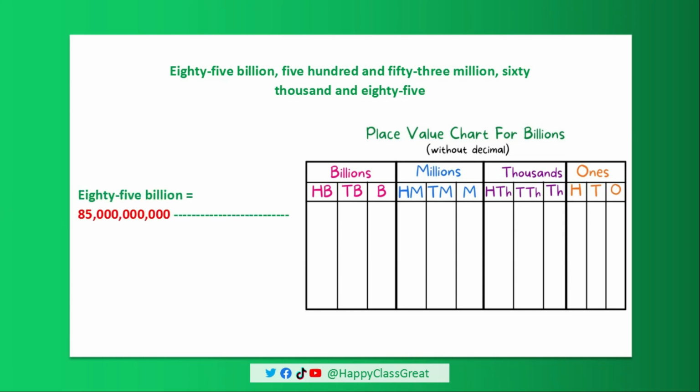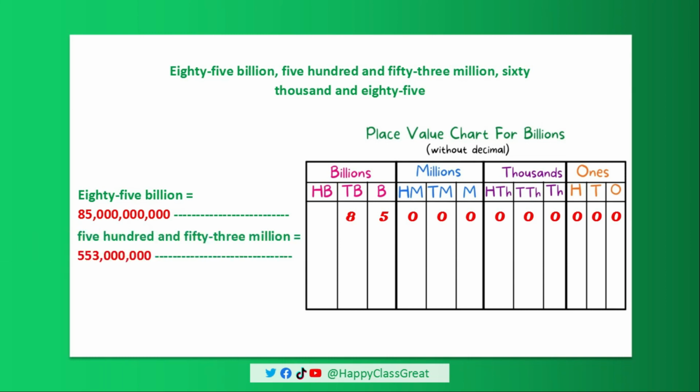The first part is the billion, which is 85 billion, and you can see how it's been written like so. So 85 followed by 9 zeros, and place it in the place value chart like so. You see the 8 stand under the 10 billion and 5 under the billion, and the rest zeros been written there like so. And the next part is the 553 million, which is 553 with 6 zeros, and you place it in the place value chart like so, followed by